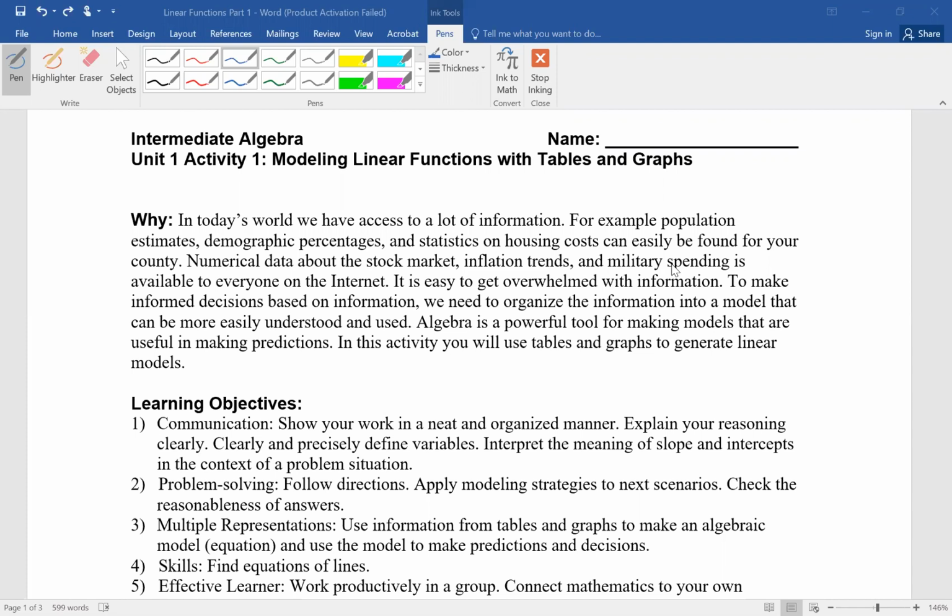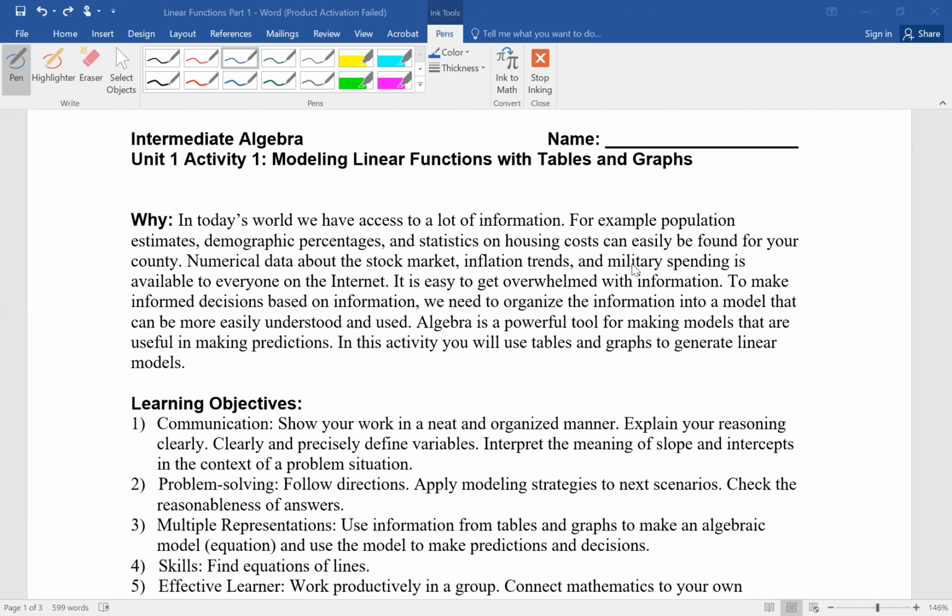And before we get going, though, I kind of just gave you the shorthand version of it's just going to be about straight lines, but really it's y equals mx plus b. And the big words about how to do all this stuff and apply it to some real world settings. It's called modeling linear functions with tables and graphs. So stick around, hold on tight, and really you can read the why and these learning objectives later in more